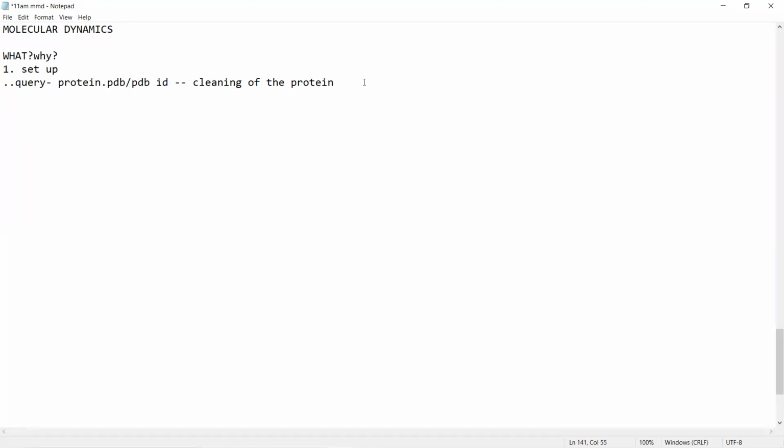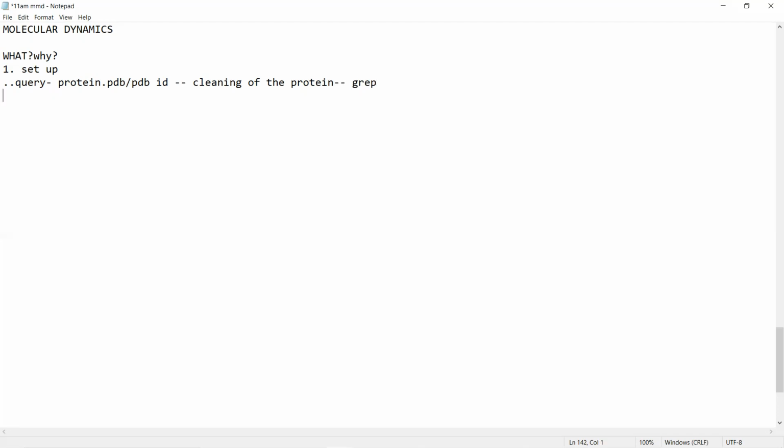Now this process of cleaning of the protein can be done with tools like Discovery Studio, PyMOL, RasMol, Chimera, etc. But since I will be dealing with the command lines, and you have worked with Discovery Studio before with me, I'm not taking that up because you already know that part. So I'll be using a command line in order to clean the protein. Just to give you a name, I will be using a function which is grep, which will be used to clean the protein or delete something from the file which we are working on.